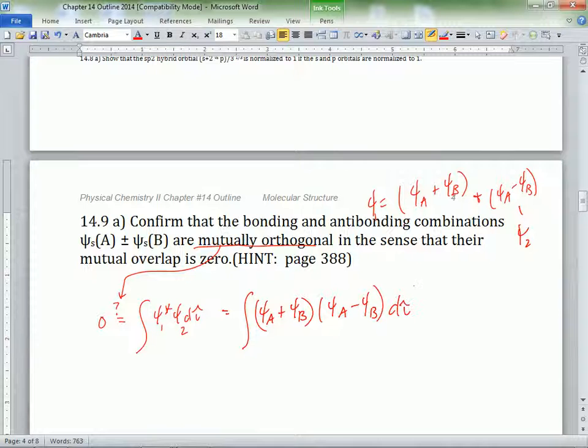Okay. But like most of these problems, the hardest part is trying to figure out why we set it up the way we set it up. So first off, maybe that's where the hint on page 388 was about, just to give it a little reading, in that if you want to talk about